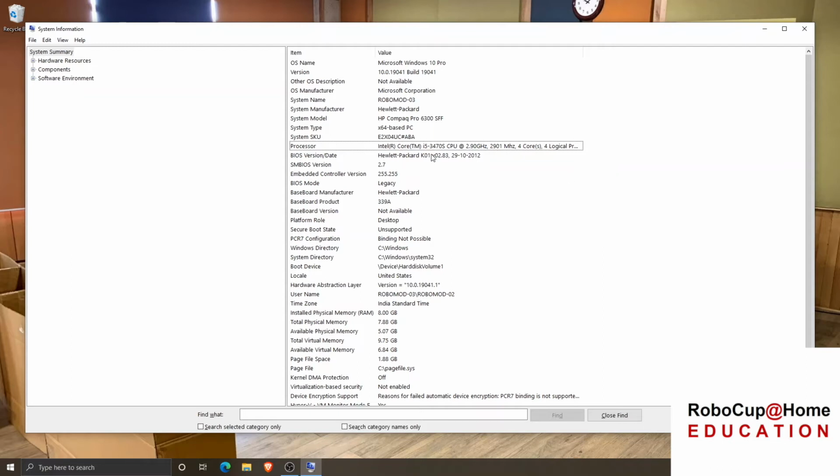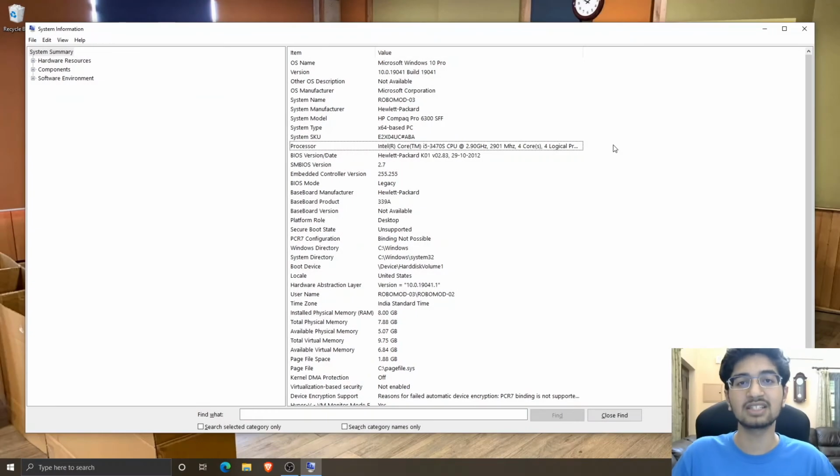So mine over here is the 3rd gen. It's recommended that if you have an i5, then it's 3rd gen or above, and if you have an i3, then it's highly recommended that you have 5th gen or above. Another thing you need to keep in mind is that the processor must also have a minimum of 2 cores, and it's recommended that it's a 4-core processor because you'll be running simulation, and then for more heavy development